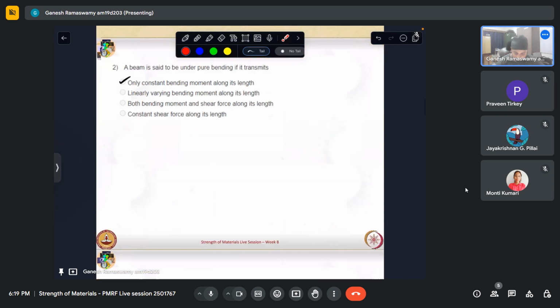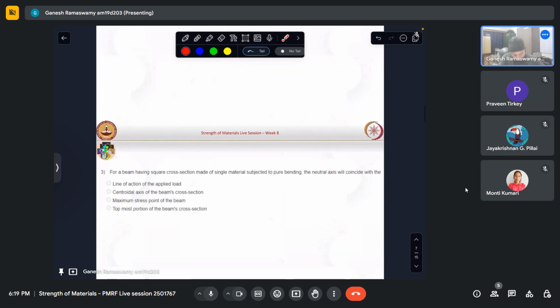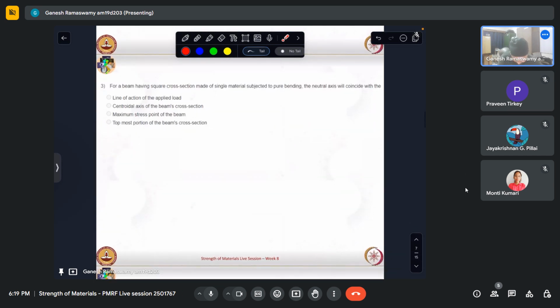So let us look at the next question. For a beam having a square cross section made of a single